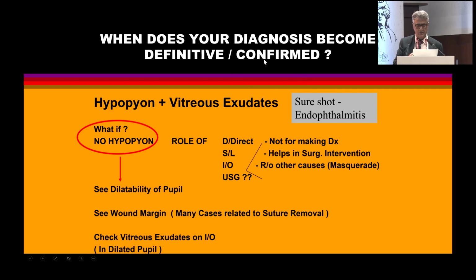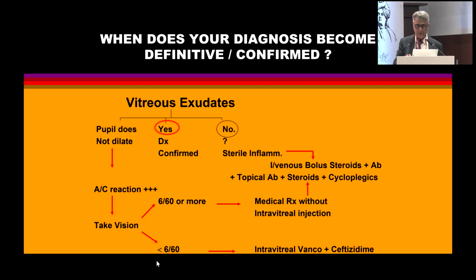But what if you can't see the vitreous? Often it is obscured. So what we pay attention to are these three things: what is the vision of the patient, and how much you can dilate the pupil and see the wound margin. Based on these three or four things, maybe you can make a diagnosis. If the exudates are there, the diagnosis is confirmed. If not, and the pupil does not dilate, we see the